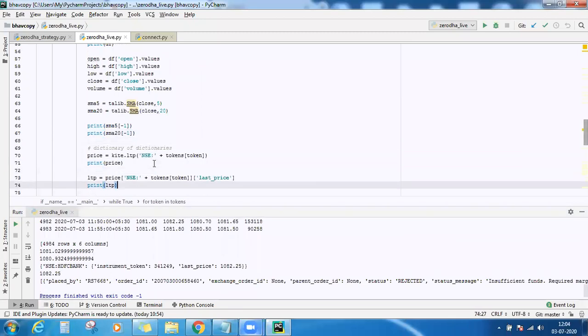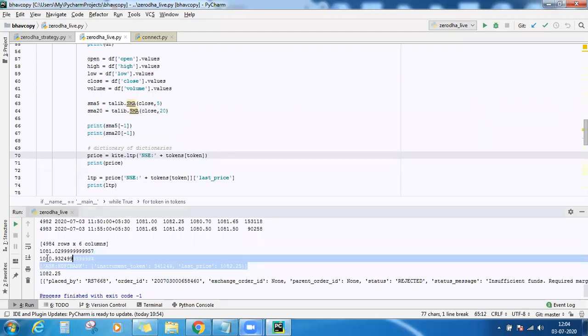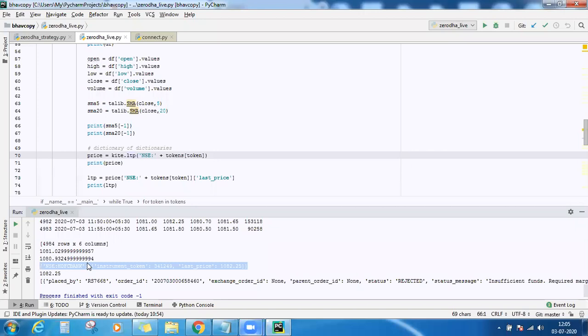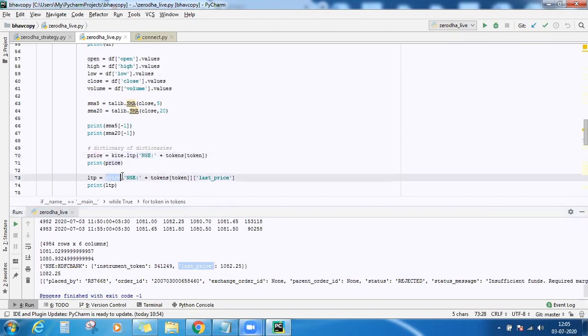After printing that, I'm requesting for the last traded price of HDFC Bank. So this is the format that is returned to me. Dictionary of dictionaries. So this is the first dictionary, and inside this first dictionary, this is the key, NSE colon HDFC Bank, and this complete one is the value. And inside this value, I only need this last price. So this price is nothing but my dictionary, and then I'll refer to the first key.